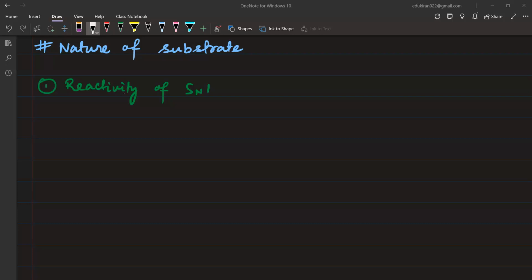And if we somehow increase the speed of that slowest step, then the rate of the complete reaction will increase. So we all know SN1 occurs via intermediate carbocation,